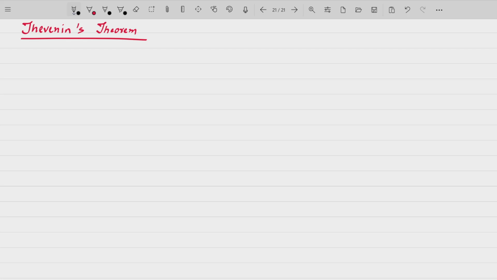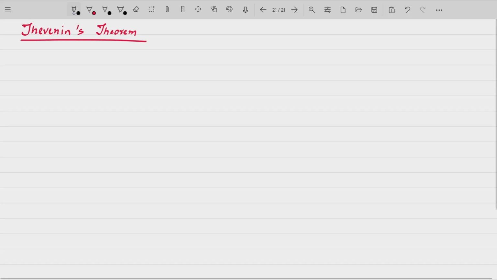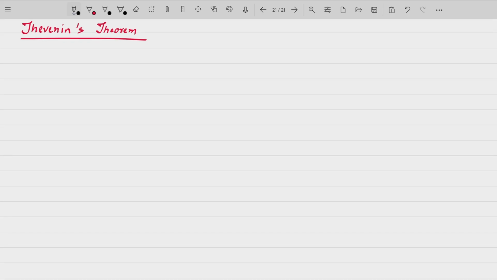With Thevenin's theorem, most often we are only focused upon some part of the circuit. Say for example, you have a residential load. You may have a heater, blower, or a bulb or a fan. If we are talking about resistive loads, mainly here we'll be talking about linear circuits only for the time being. If we have a load that is resistive in nature, a bulb or a heater,